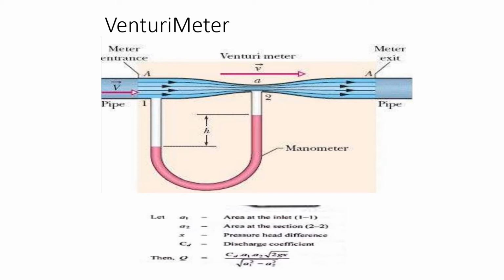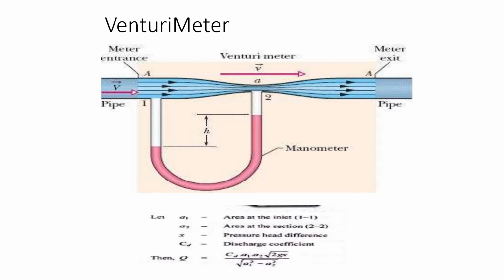The converging part is used to increase the velocity. That is, when the cross-section area decreases, the velocity will increase. That is the continuity equation, known to everyone. Okay, that is the converging portion. So the velocity increases and the high velocity fluid passes through the constant area, that is the throat, where the diameter is the same, and it enters the diverging portion where the velocity will